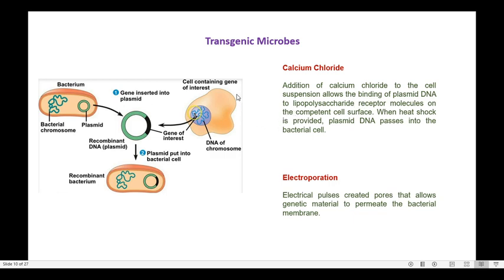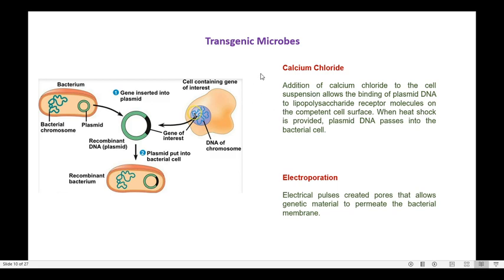The basic protocol for this calcium chloride method is: we prepare the competent cells using a calcium chloride solution. Then we add the plasmid DNA to these competent cells and leave it in ice for a few minutes. Then we give a heat shock at 42 degrees Celsius for 30 seconds, and immediately keep it in ice for another 5 minutes. Then we add a medium so that the cells can revive, and leave it at 37 degrees for 1 hour. Then we plate it on a selection plate with antibiotic selection so that